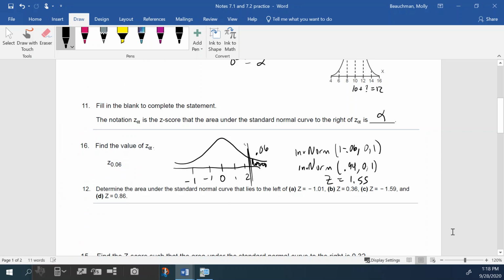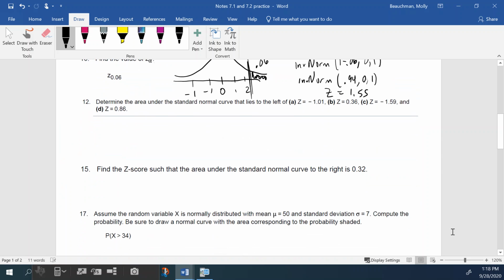Okay, then you'll have some questions on homework that give you Z-scores. So we'll look at just A. A says, determine the area under the standard normal that lies to the left of Z equals negative 1.01. So draw a picture. Z-scores means we're using the normal distribution, and it's a standard normal. Area to the left of negative 1.01